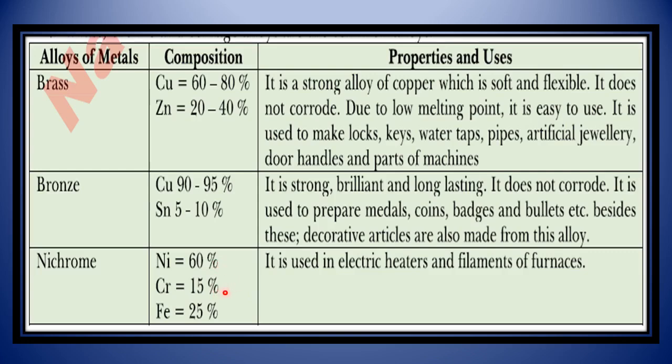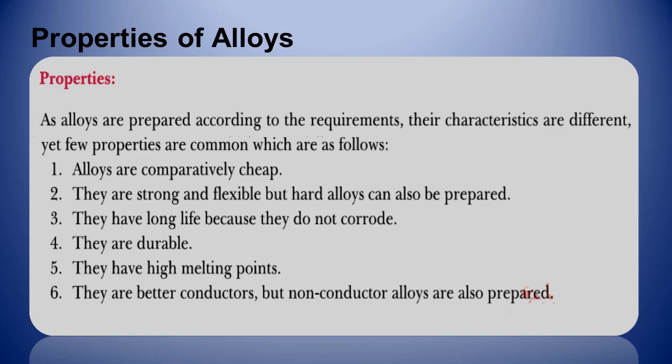Now students, in daily life, alloys are frequently used due to these properties. As alloys are prepared according to the requirements, their characteristics are different. Yet a few properties are common, which are as follows. Alloys are comparatively cheaper. They are strong and flexible, but hard alloys can also be prepared. They have a long life because they do not corrode. They are durable, they have high melting points and they are better conductors, but non-conductor alloys can also be prepared. Students, this was all about